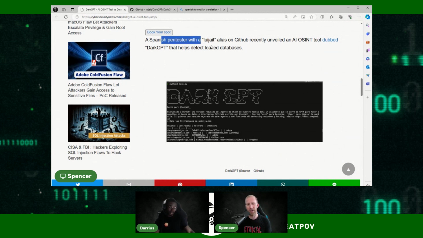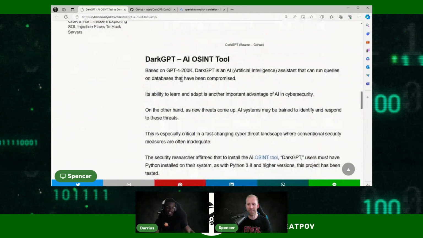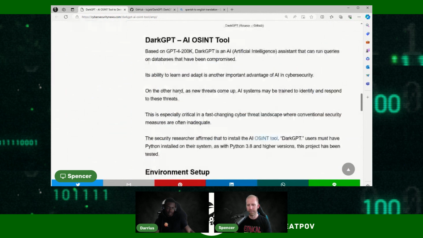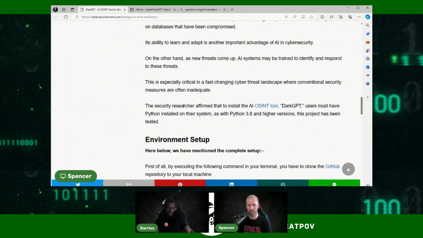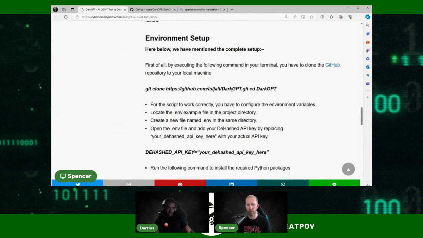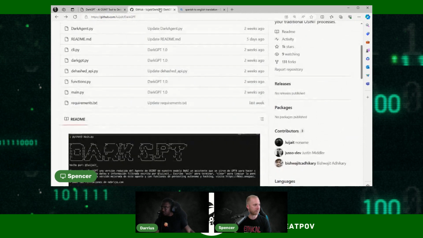Yeah. So a Spanish pen tester created this, and before we started this episode, I was like, "Oh, this is all in Spanish. I gotta translate this to understand what it's saying here." We'll get to that because I think that's a fun part of it for non-Spanish speakers. So it's based on GPT-4. This article shares some information, and it talks about the setup, which is all in the README. So I'm going to jump over to the README.